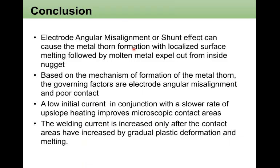With that, I'd like to present the following conclusions. Electrode angular misalignment or shunt effect can cause metal expulsion formation with localized surface melting, followed by the molten metal expelled out from inside the nugget. Based on the mechanism of the formation of the metal expulsion, the governing factors are electrode angular misalignment and poor